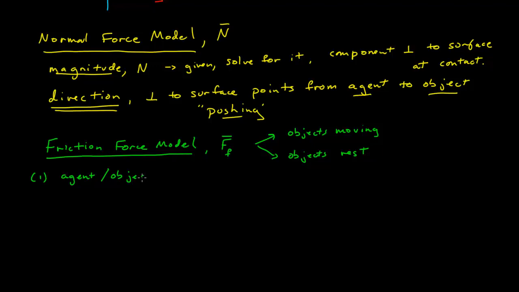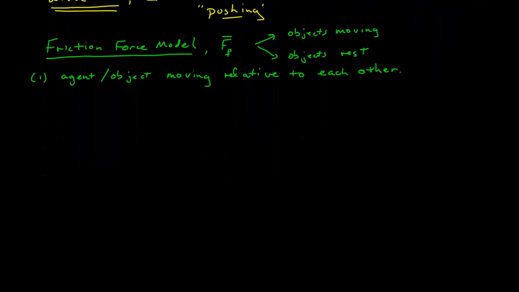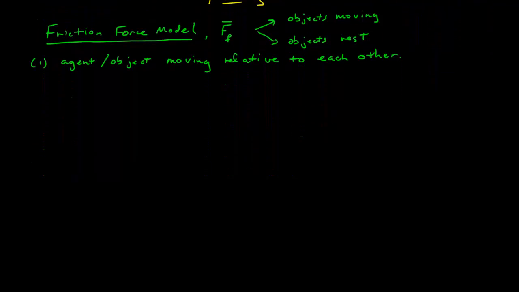Okay, so let's do the first situation, where the objects, meaning the agent and the object, are moving relative to each other. All right. So in this case, what is our magnitude and direction? Well, we can get a picture. Okay. So the magnitude of the frictional force,